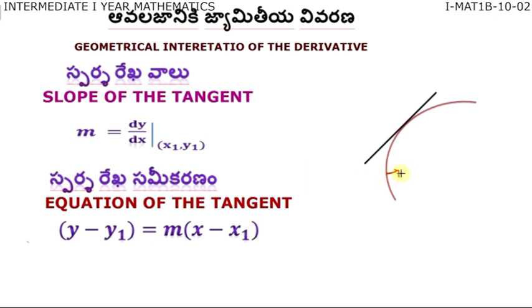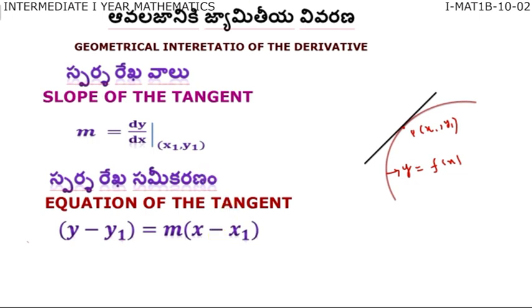So this is the curve y is equal to f of x. This is the point P with coordinates x1 y1. The slope of the tangent m is equal to dy by dx at x1 y1. And when we know the point and slope, the formula for the equation of the tangent is y minus y1 is equal to m